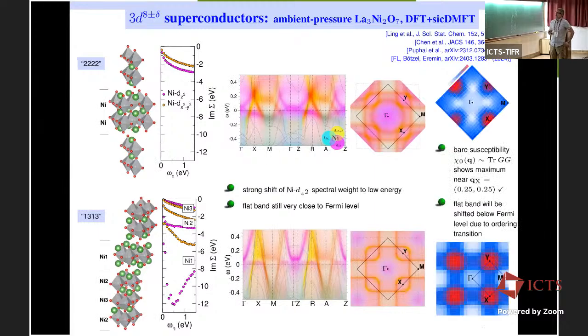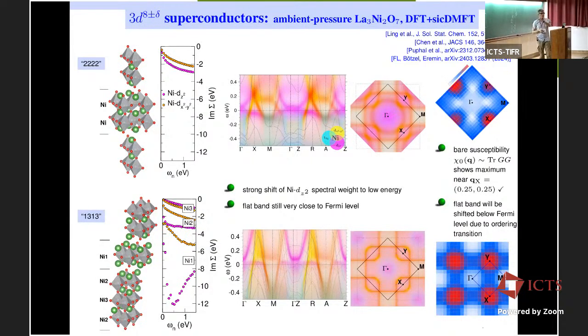Now, if you do the full DMFT calculations on this, what we see again is that this nickel dz square flattish band is pushed to the Fermi level at temperatures above this transition. And what we then see, if we do the calculation of the susceptibility, is that indeed we have peaks at these X points for both structures. And this tells us that indeed this nickel dz square flattish band, which is there at the Fermi level at higher temperature, drives this spin density wave transition at ambient pressure